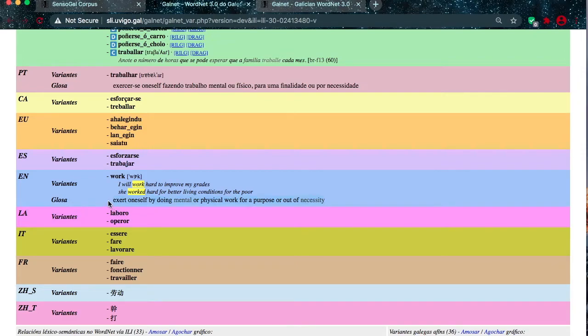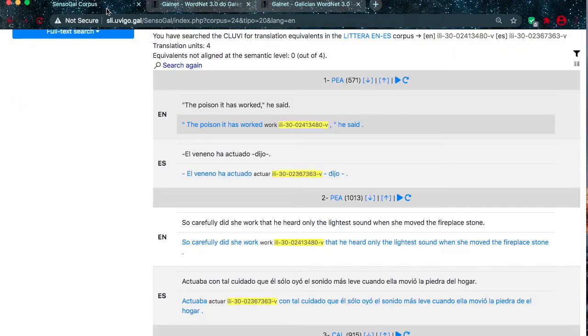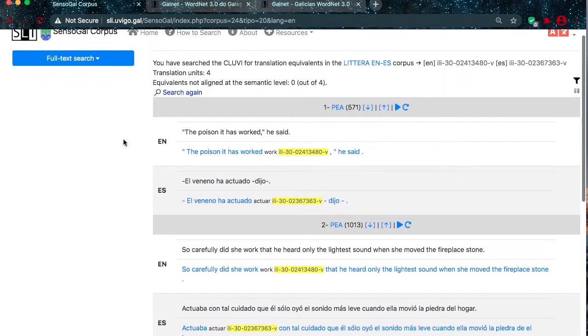The words in Spanish that appear are esforzarse and trabajar, while in English there is only the word work. We can compare this and the other words to the previous concept for act. The co-appearance of these two concepts in a translation unit, then, is not surprising, since carrying out an action is also doing work. The fact that these appear similarly in different books is not an accident, and we can infer from this that these two concepts are semantically similar.